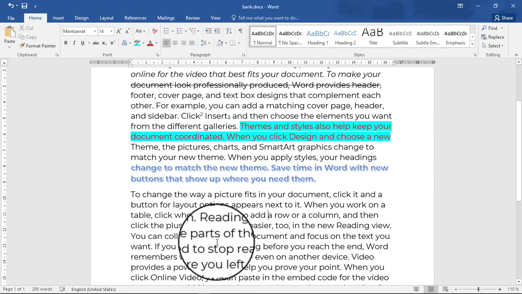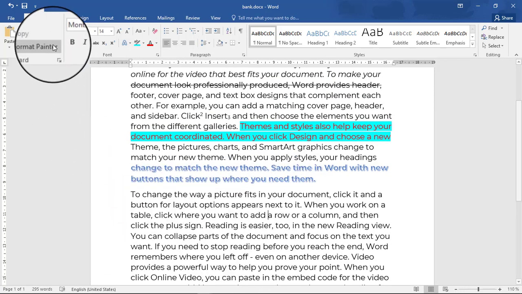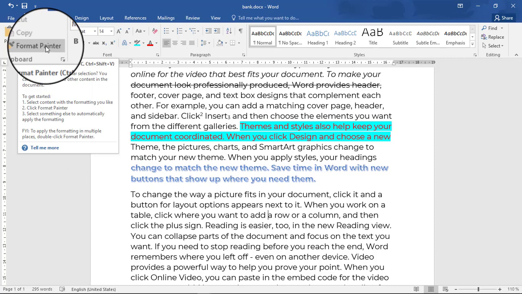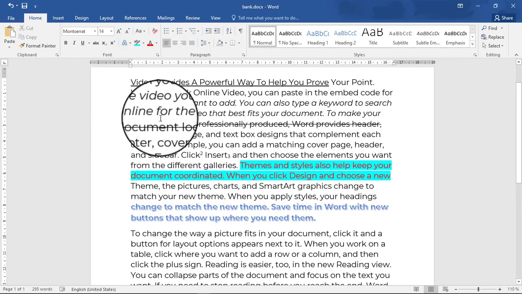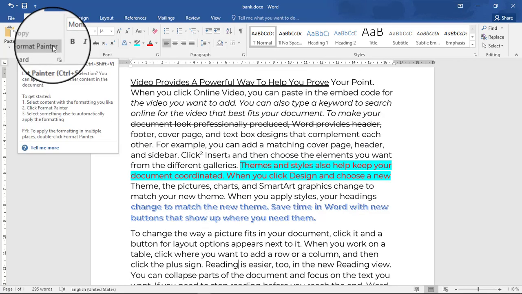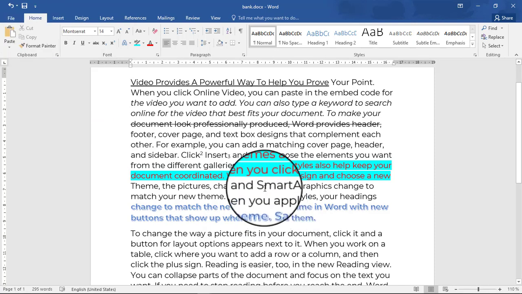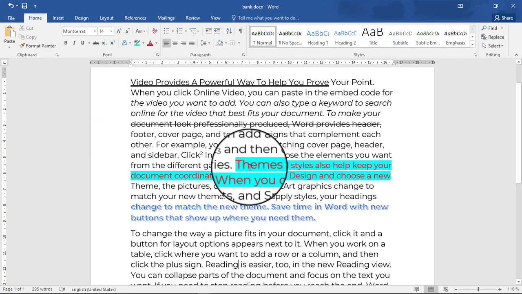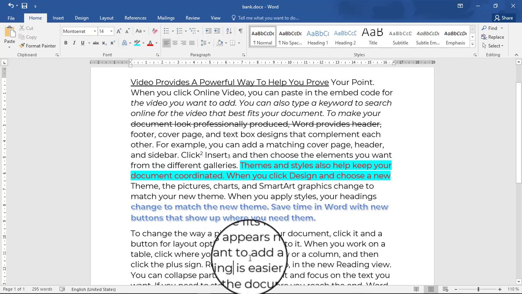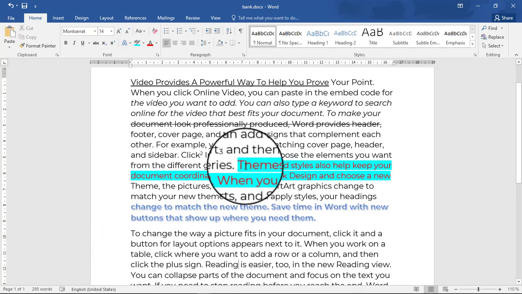So we are going to learn about the Format Painter. Many of you don't know how to use the Format Painter. So Format Painter helps you to change. Maybe you have content, but it has a styling and you want to change the other text using the same styling. Maybe I want this styling I used here, the colors, the background, and I want it on another text here. You just have to select this.